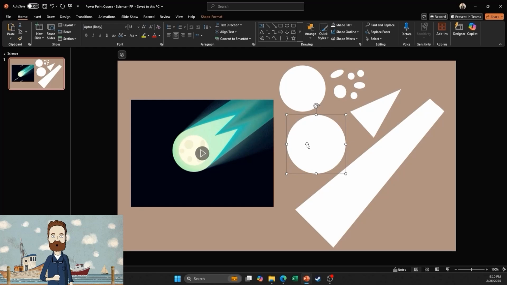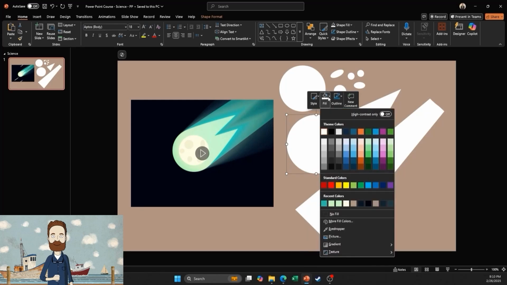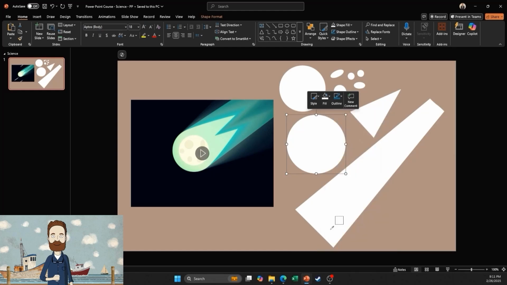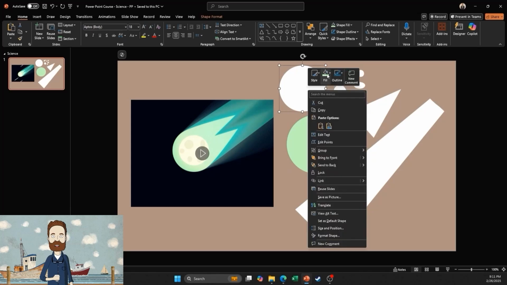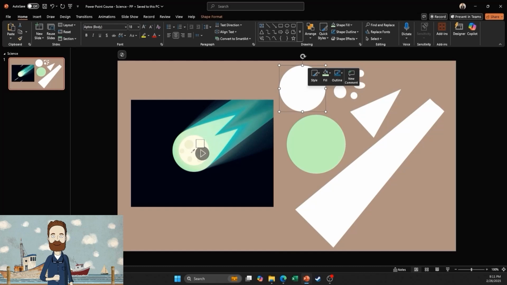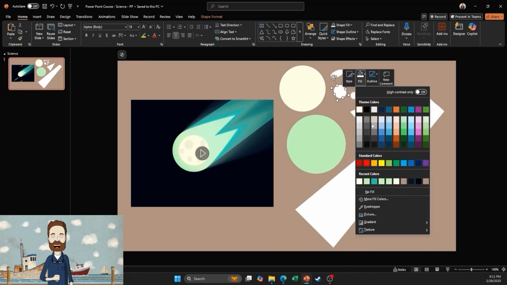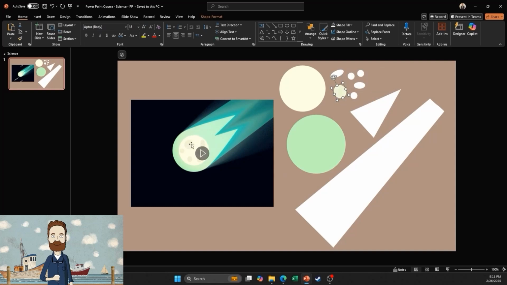What I really wanted to show you in this session is a quick tip that makes color selection effortless. If you right-click any shape, go to Fill, then click Eyedropper. You can select any color you want directly from an image. In this case, I'm using the original Comet GIF I found online to match its exact colors. If you decided to follow along using the material, go ahead and use the eyedropper tool on the rest of the shapes to match their colors perfectly.